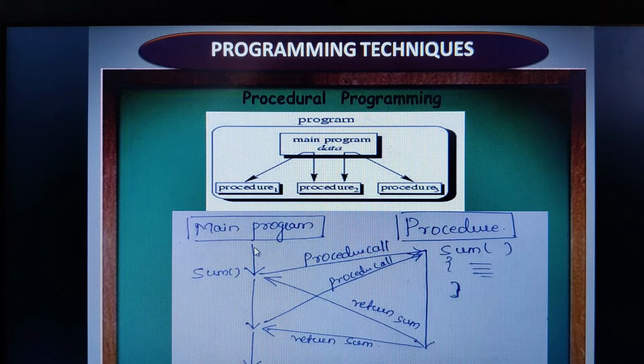See, in the case of unstructured programming, what happened? Every time you require the sum function, I need to copy all the sequence of instructions again at this point of time, and again at this point of time. However many times you want to perform that operation, you need to copy the same sequence of code that many times. That was causing the program to become very large and complex. Therefore, to avoid that, procedure programming came into existence, wherein anytime you need a procedure, you can execute that procedure by making a procedure call.